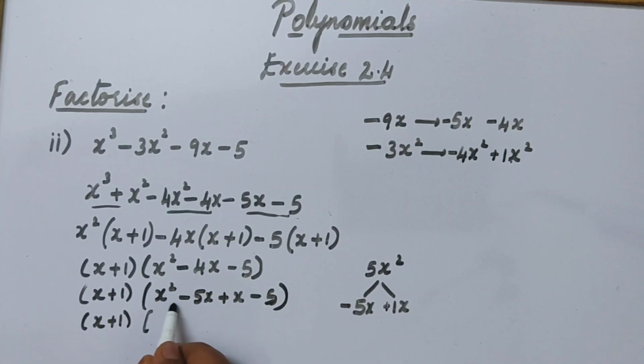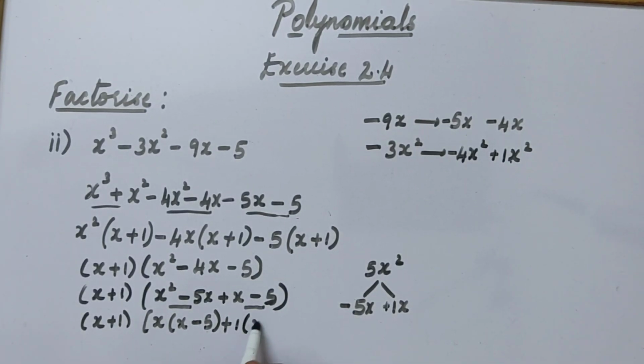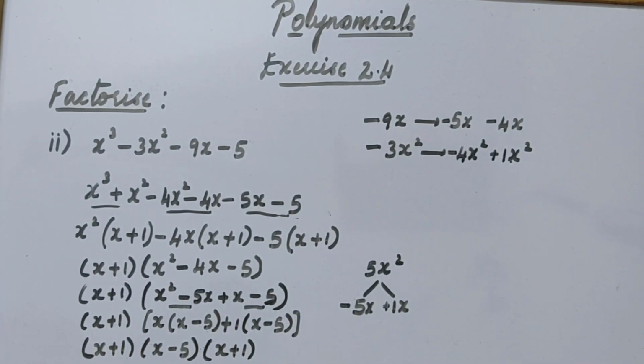Okay. Now in these two and in these two, what is common? x is common, left over. So x is left over, minus x gets cancelled, only 5 is left over. This is plus sign. Here nothing is common, we take 1. x plus into minus is minus 5, right? Now here it is x plus 1, and in these two we can find the bracket common, and the leftover term is x plus 1. I hope this is clear, students, right?